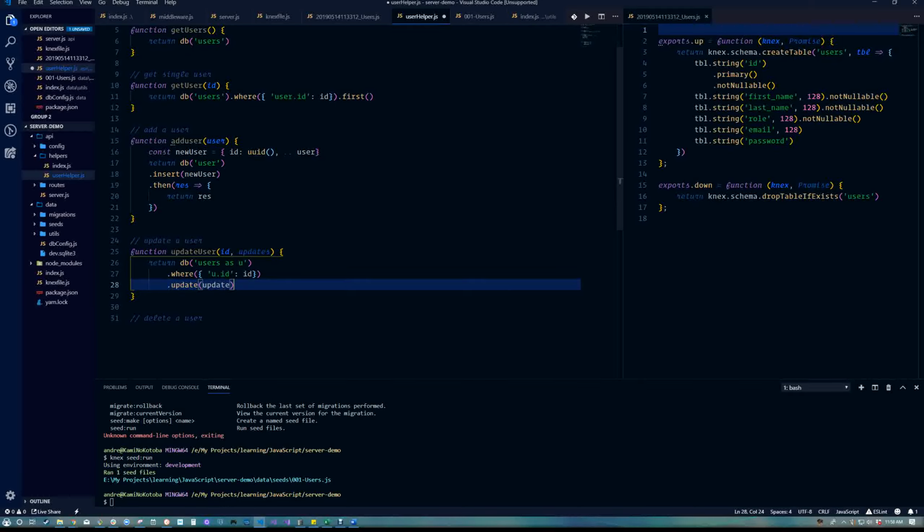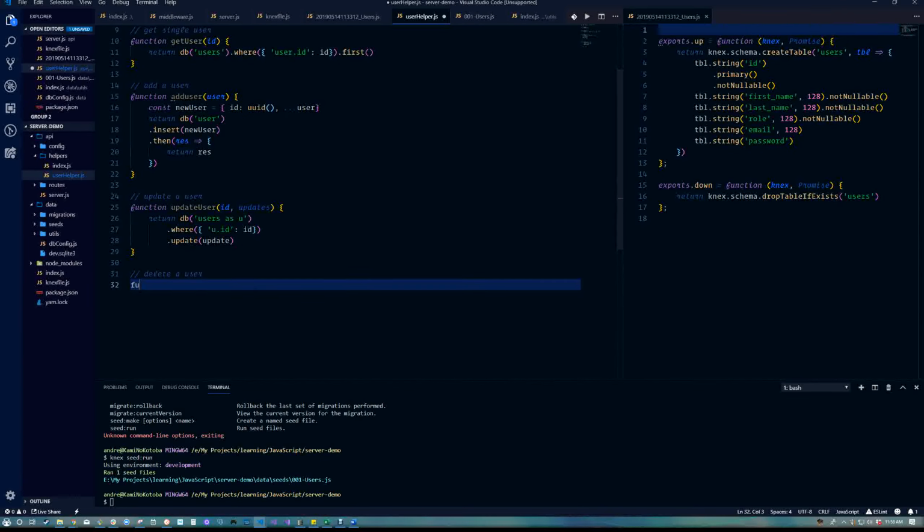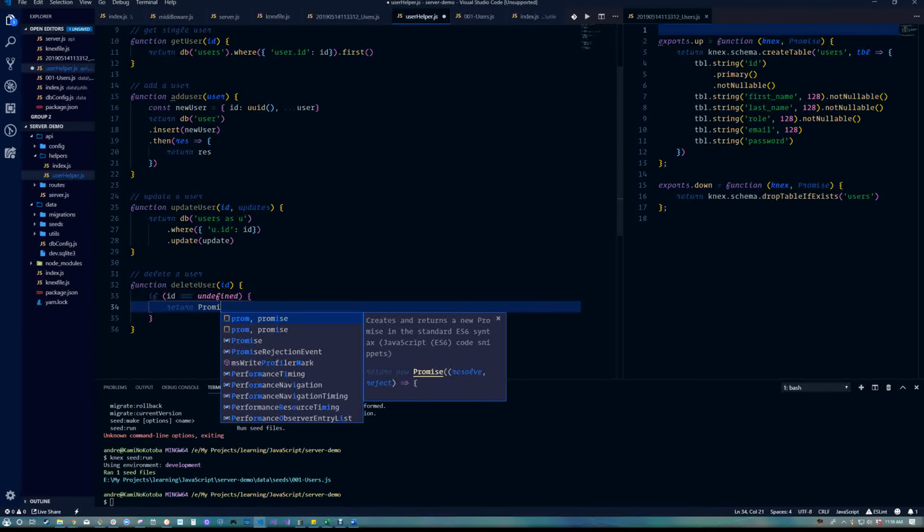Alright, and then the last one that we have to make is the delete helper. So that's going to be function delete user, and then it's going to take in an ID, and we want to check if the ID is undefined just to have a little bit of validation on there. So undefined, and then we're basically going to return promise.reject, and then say that this function delete user